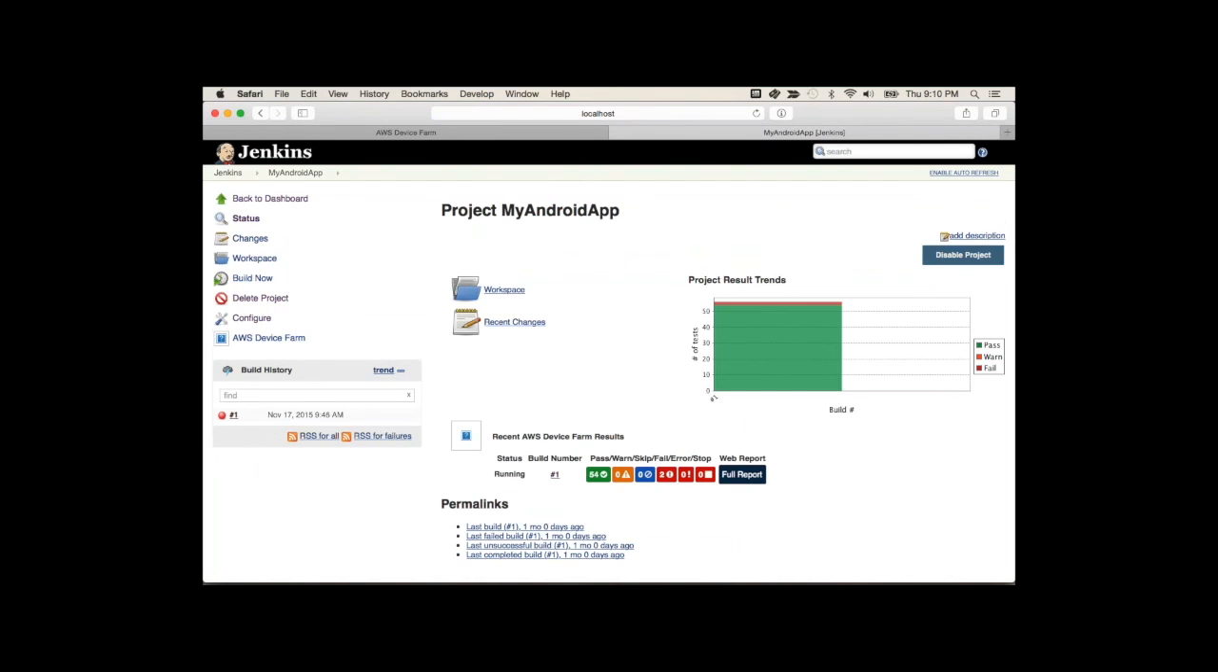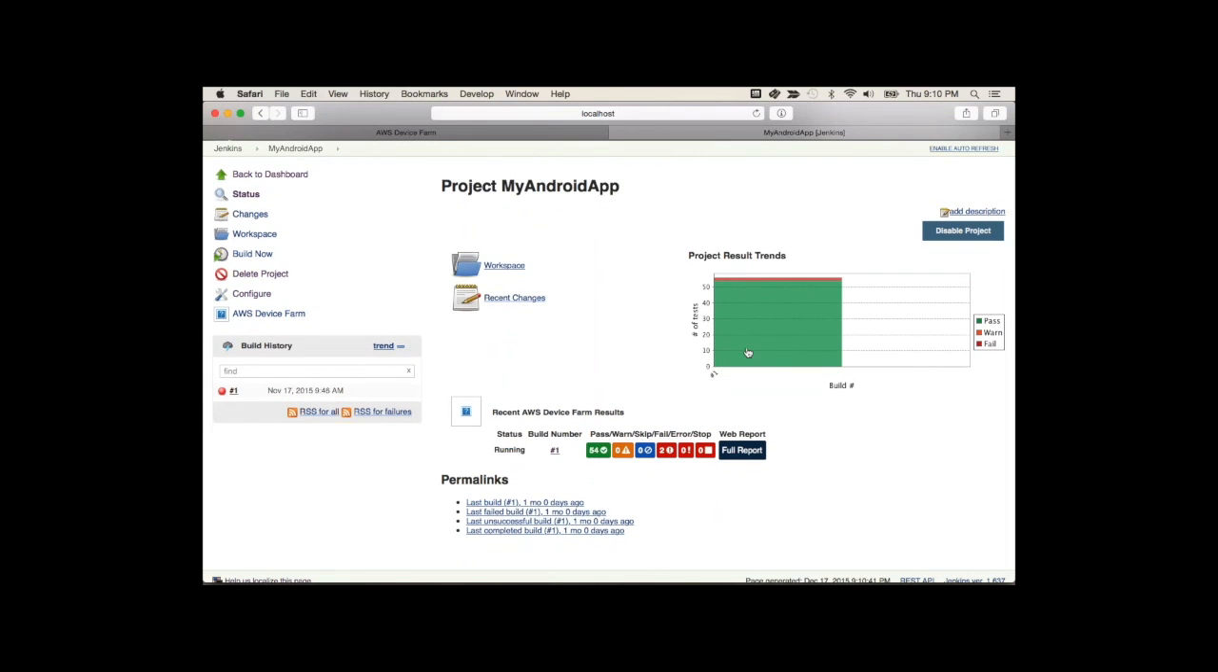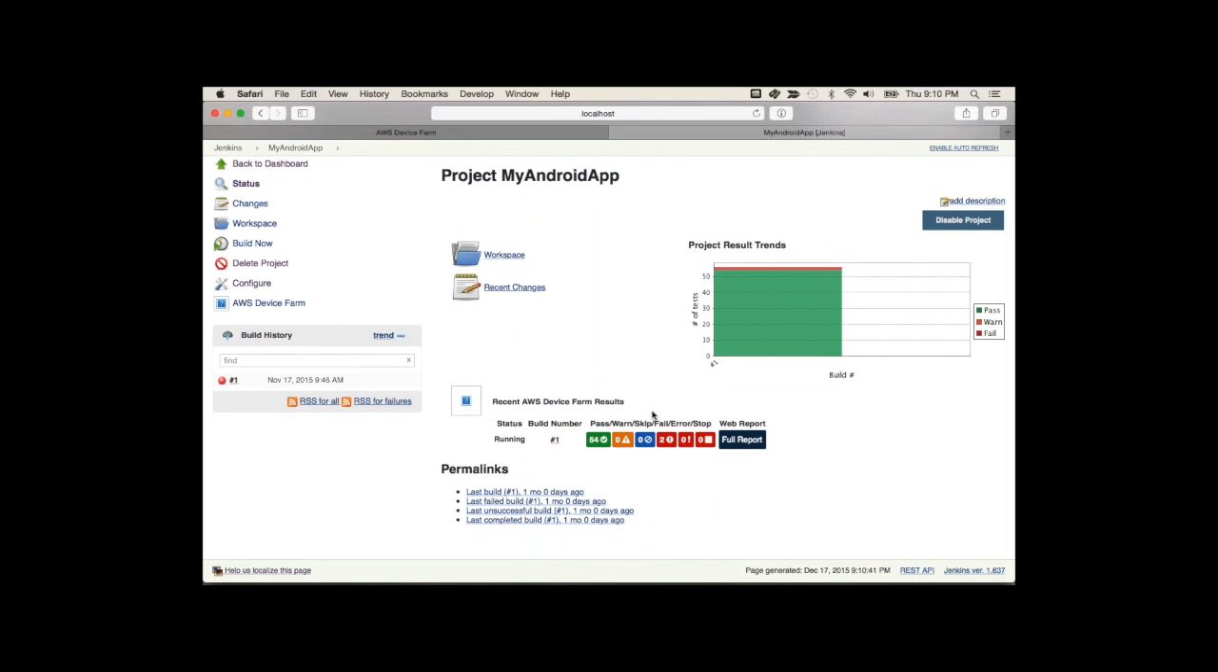And if we jump into that project, we can also see trends. So how many tests from build to build are passing, failing, and so on. Down below, we can also see the build number. And for each build number, we can see its overall results. And we actually see a link to the full report. This allows us to easily just click this link and jump straight into the console to view the report on